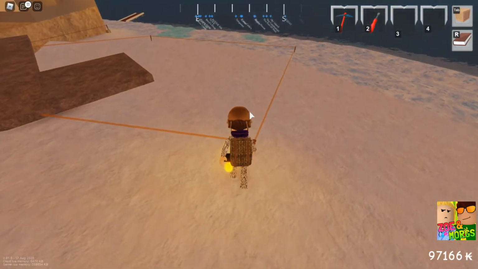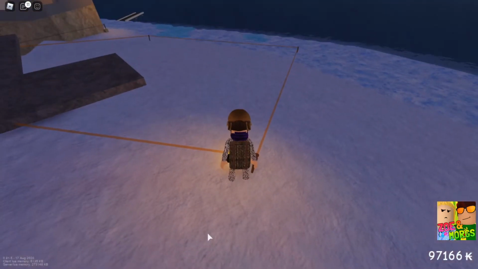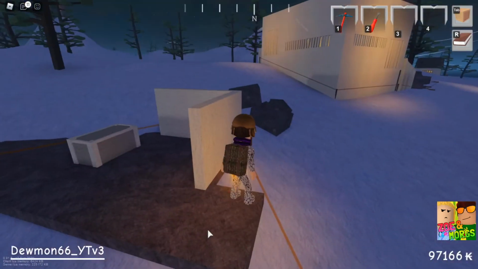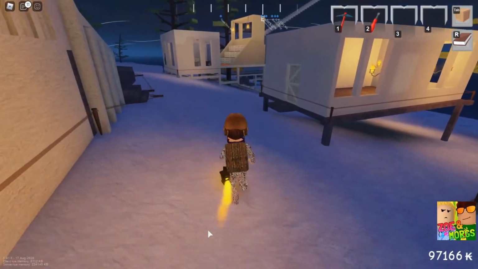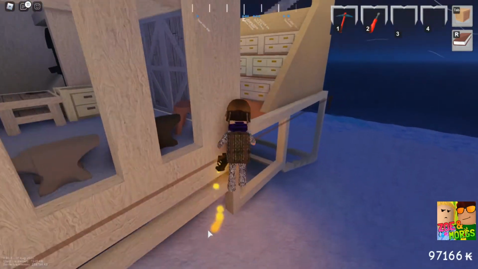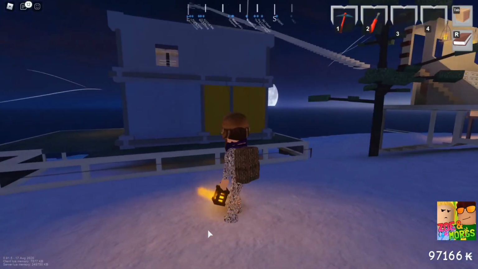So you can see this property here, it's orange, the rent's due soon, so in 2 days this will be up for rent. So if I come back in 2 days and it's available, I'll just destroy it all. At the start I used to pay people's rent and help them out. If it was a build like this, I wouldn't destroy it. I'd try and get in contact with them. But just a platform on the ice, I just don't understand it. So anyway,